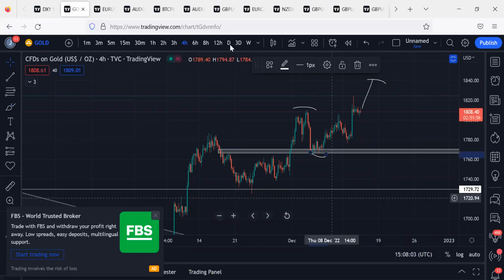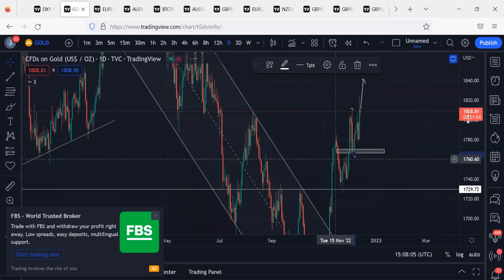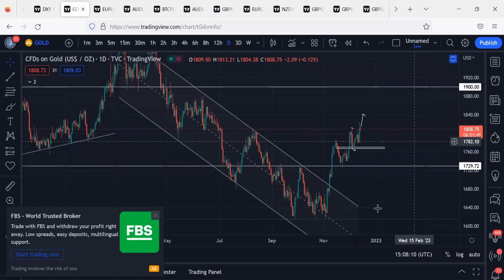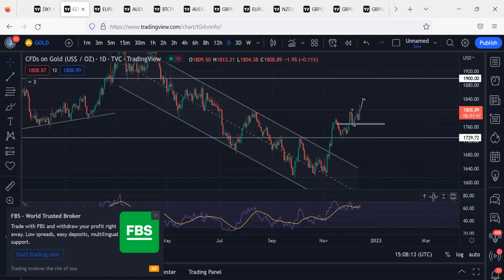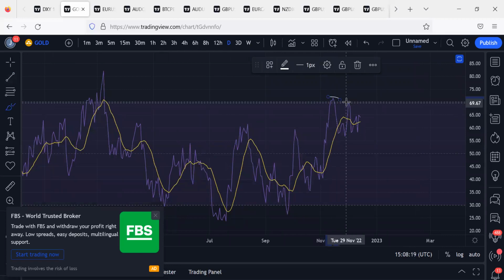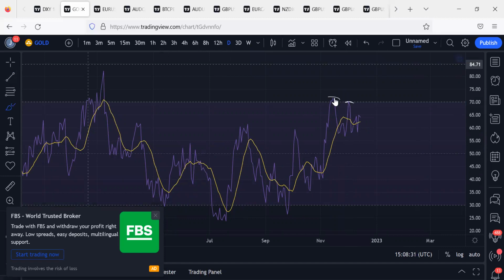Now, let me go to the daily and check something. Since we are on the rise to the upside, is our RSI telling us something otherwise? Yes, because this was a push. The RSI is called the relative strength index. The strength of this is supposed to break above this. It didn't break above. It's signifying that there might be a little weakness in the market for manipulation to come.